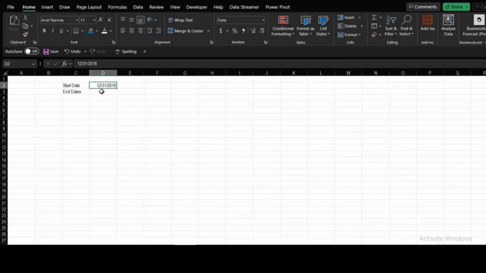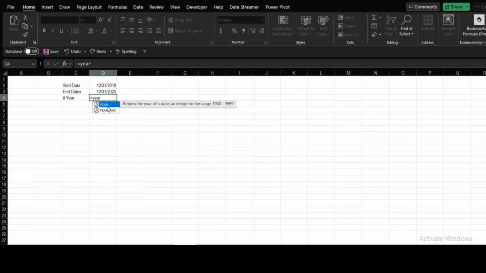Alright, then let's assume our end date is also December 31st, 2025. Okay, so let's find the number of years that will be between that period. So you can pick the old one. So let's extract the year by using the year function from this year, month, date. So we click on this one, then